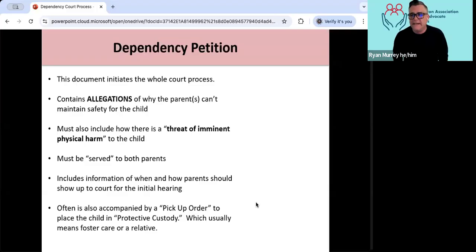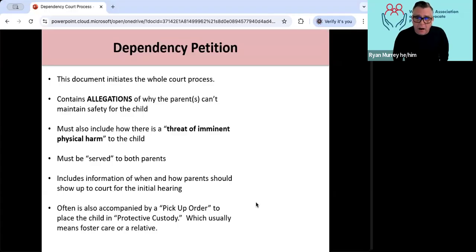This dependency petition must be served to both parents, and that means they receive the petition and the allegations in it. They have to receive a copy prior to being able to continue. So they have to be served the paperwork. This will also include information of when and how parents should show up for the initial court hearing, so basically where to go and what time.